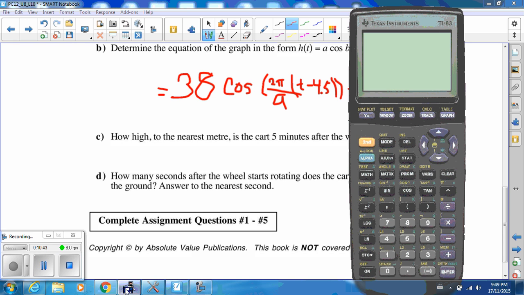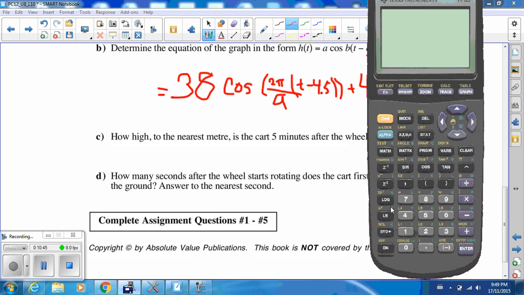Now that I've got this done, I just plug the things into my calculator. Clear all that out here. So 38 cosine of bracket 2 pi over 9, x minus 4.5, close my bracket,